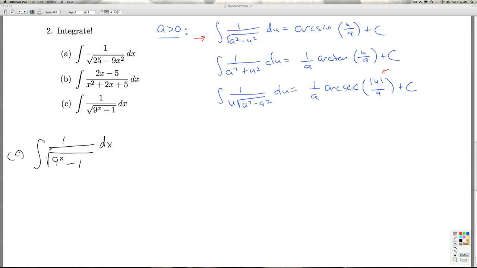So the other thing we could try is matching with one of these formulas, and we have a variable minus a constant, and the only time that happens is in the arcsecant formula. But it looks like we're missing all kinds of pieces. If it were to be this formula, the a squared would be 1, so a would be 1, and the u squared would be 9 to the x. And how can I write that? I could write that as something squared. Well, 9 is 3 squared,